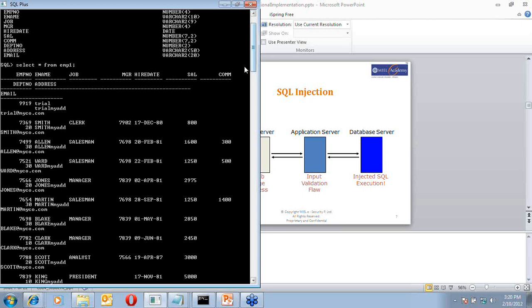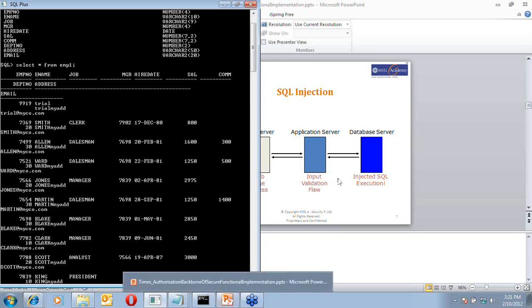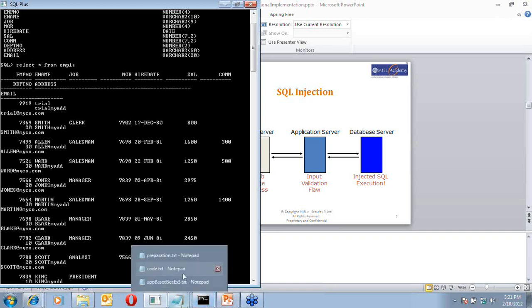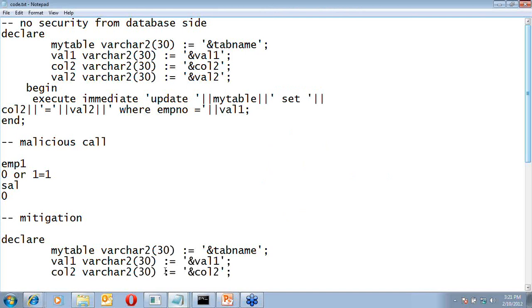The employee will be giving the new mail ID or new address, and will probably click on save or change address or change email button, and in turn the code inside the front end will pose some kind of an update query which is fired on this EMP1 table in the back end, right? Now in order to save on time, instead of showing you the query being fired through the front end,